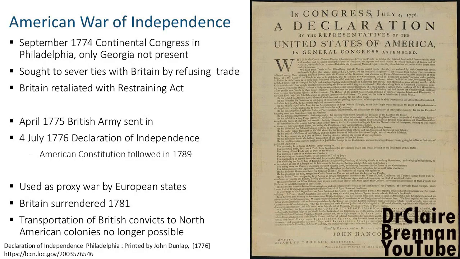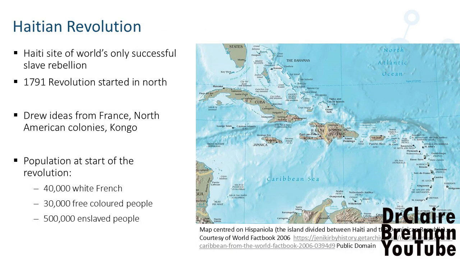The revolutionaries might say that we hold these truths to be self-evident, that all men are created equal, that they are endowed by their Creator with certain unalienable rights. They're not even pretending to include women, and they're politely ignoring the fact that some of the founding fathers are slaveholders. And that becomes quite clear when we look at the events around the Haitian Revolution.